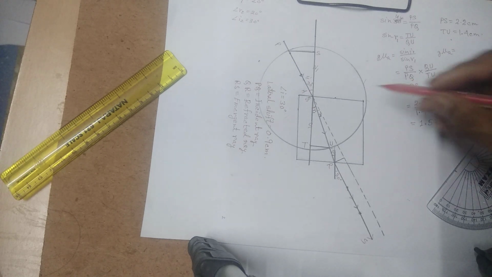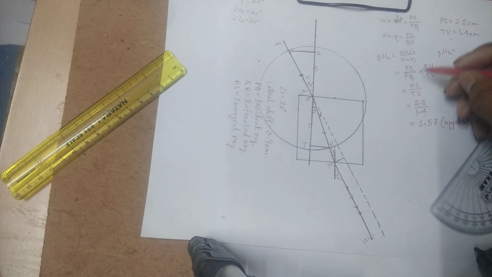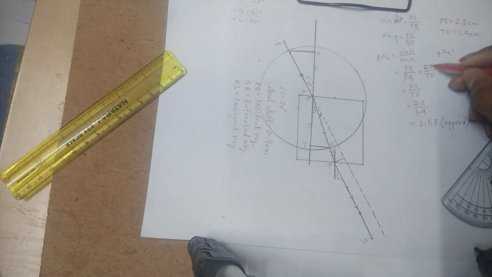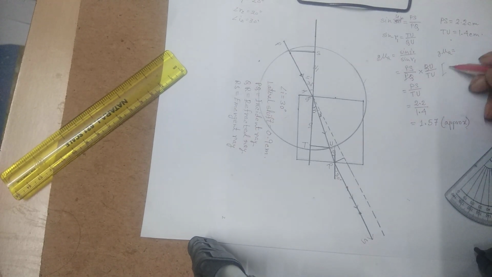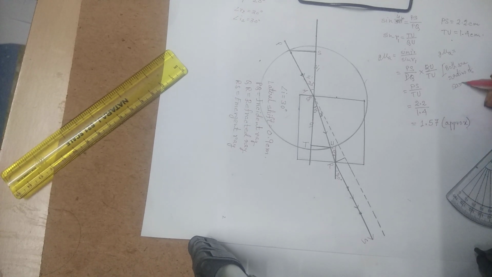Now you find that PQ and QU both are radius of the same circle, so they will cut. Right? Therefore, we are getting